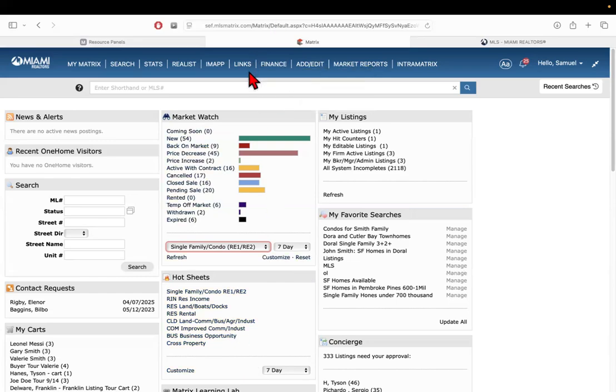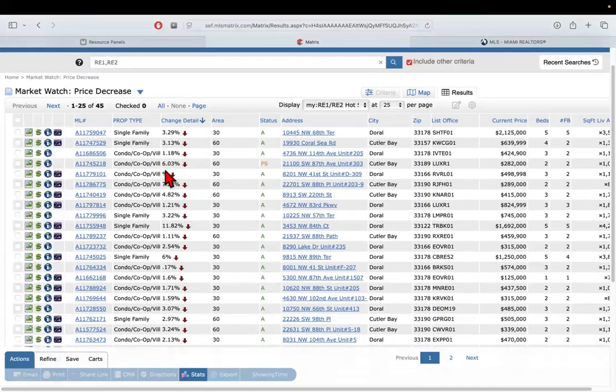Further down, if you're working with a customer, and they want to have you track price decreases, a price decrease is a great indicator that the seller is motivated to sell their property, which is why we want to create this market watch. So if we want to track maybe the price decreases or the properties that just came back on the market, I can go right here, see all 45 properties that had a price decrease, and then that's going to give me access to the property type, the individual listing numbers,